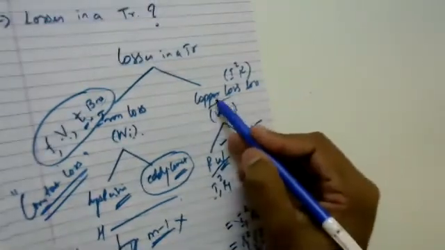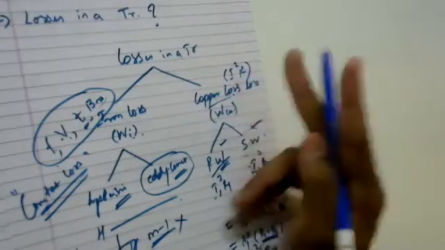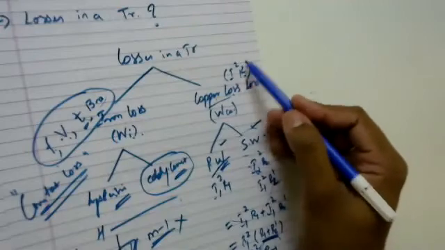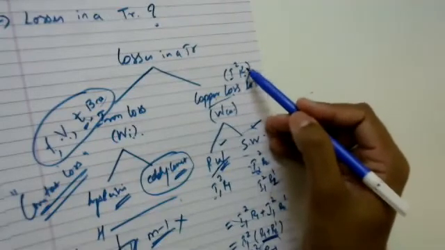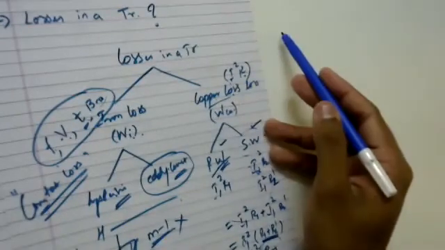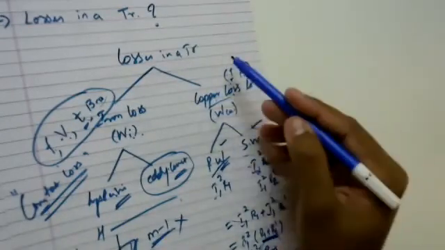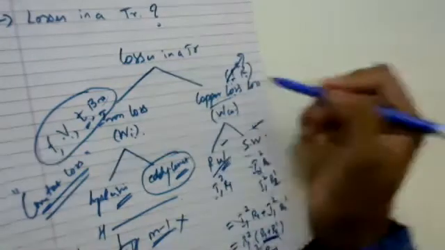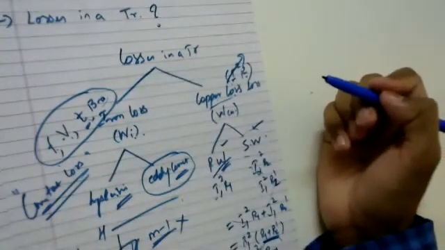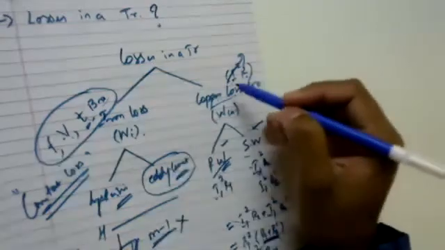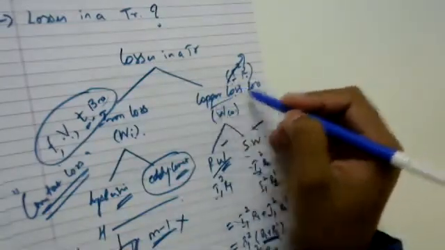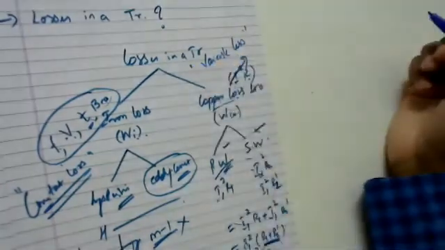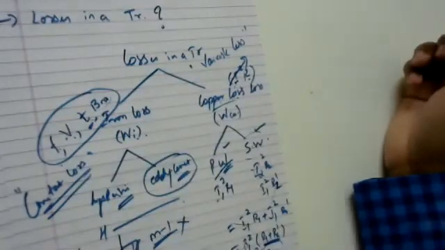But if you see the copper loss, it depends upon whom? Two parameters, I and R. Will the resistance of the winding change? No. Resistance is a constant parameter. Then what about the current? Current depends upon the load. If load is more, I2 is more. If I2 is more, it makes I1 more. So it means this I is a variable quantity. Since I is a variable quantity, I can simply say that this copper loss is also called a variable loss.